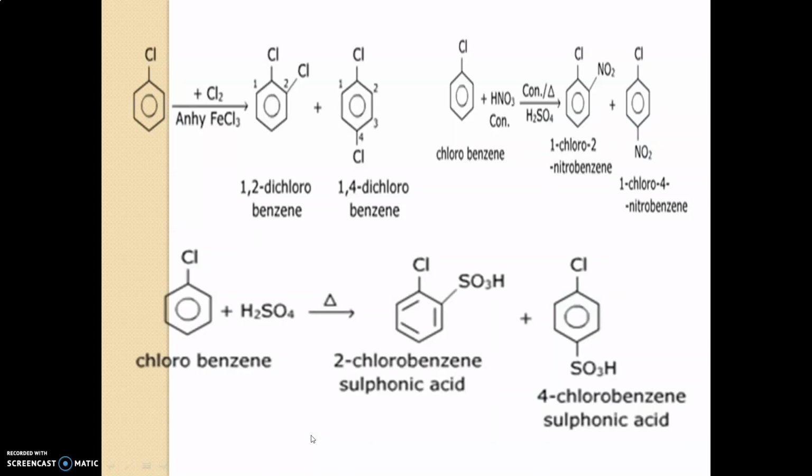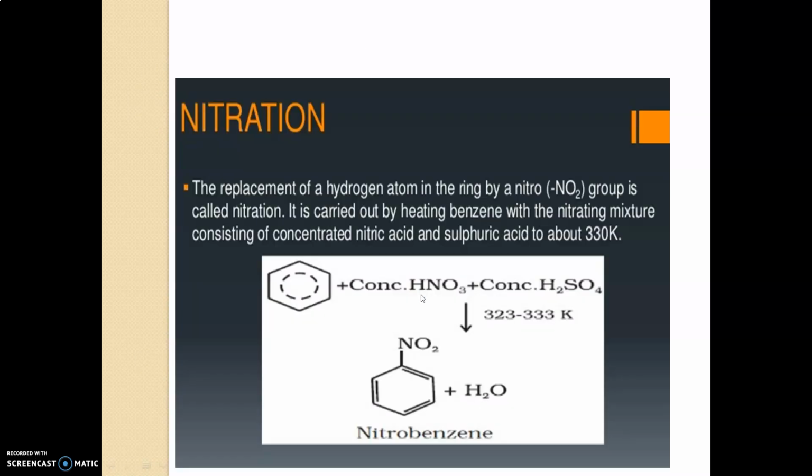There are so many types of electrophilic reactions. For example, chlorination, nitration, sulfonation. If chlorine is added to this compound, where one chlorine is already there and another chlorine is added, that is an addition. Addition of chlorine is known as chlorination, addition of a nitro group is known as nitration, and addition of a sulfonate group is known as sulfonation. And we can see them one by one.